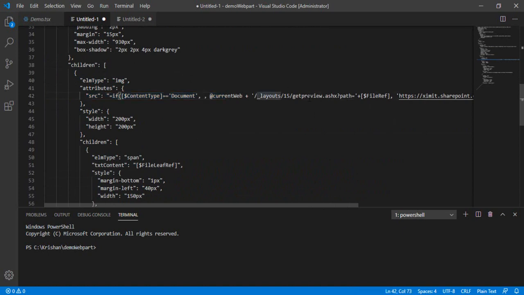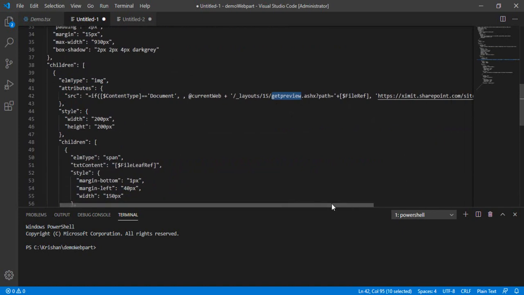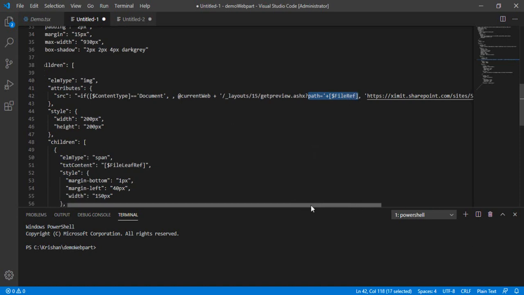I'm using getpreview.ashx, which is a handler for specifying a path for that specific file, so that the preview of the file can be used as an image over that tile icon.